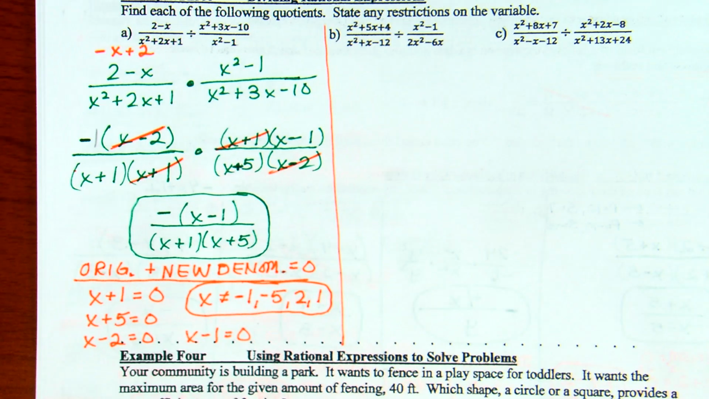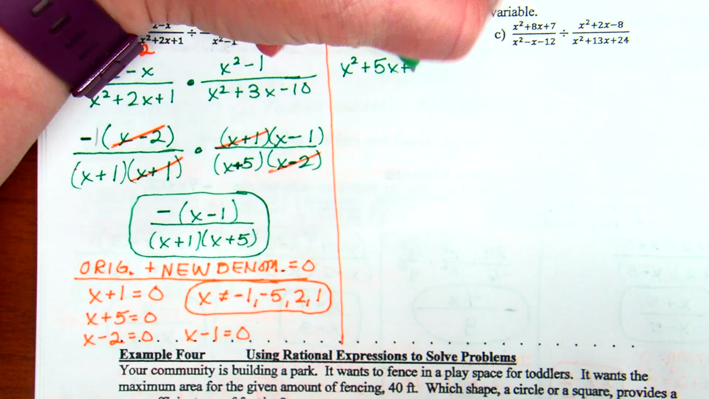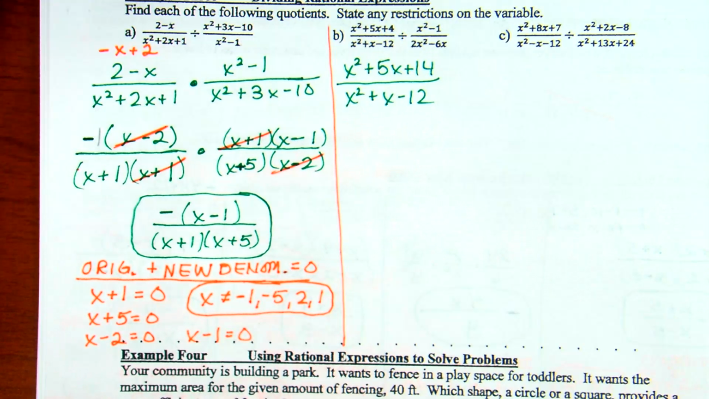Division. Is that important to know? Yeah. Because if you treat this as a multiplication problem, you're going to be in a world of hurt here. So, what's the first thing we're going to do because it's division? Keep, change, flip. So, I'm going to keep x squared plus 5x plus 14 over x squared plus x minus 12. I'm going to change